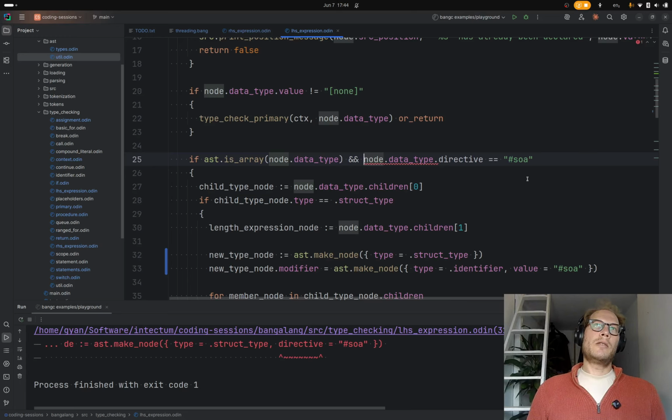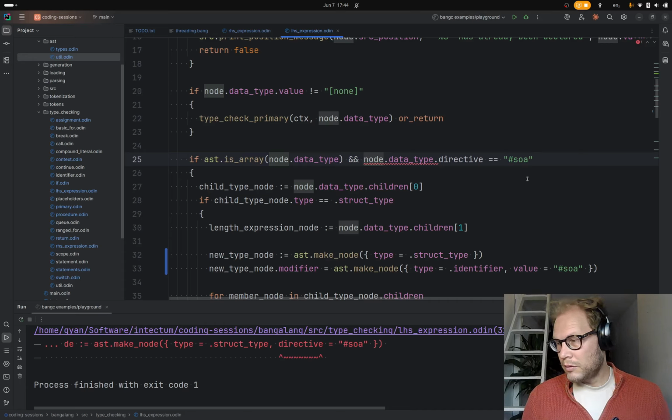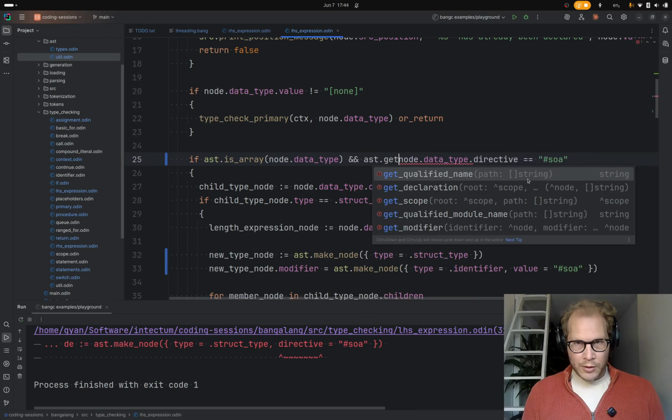Can we put SOA on a value? We don't really do any validation of modifiers. We should generally restrict where modifiers can appear, I guess. At the moment, if you put a modifier somewhere where it doesn't do anything, then it's just ignored. I think it would be better if you got an error though, so that you know that you're doing something pointless, something that's not supported.